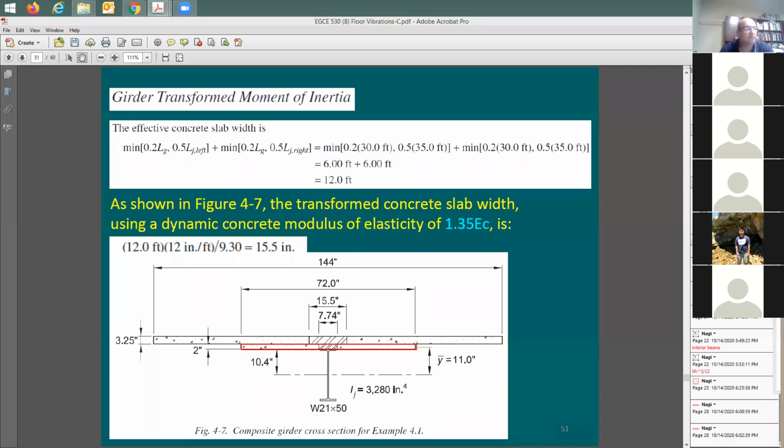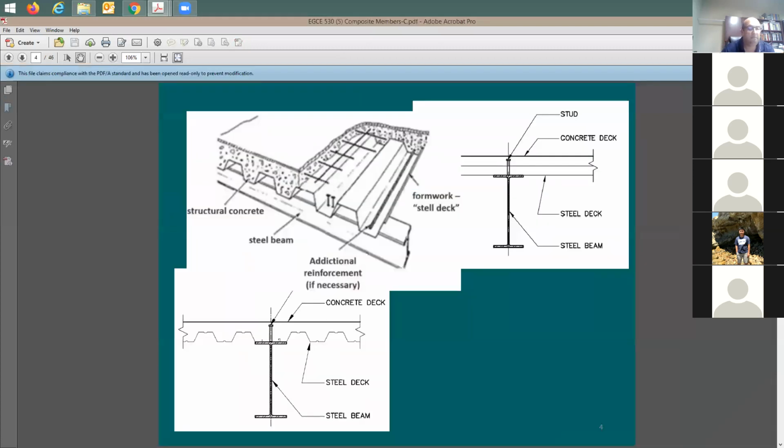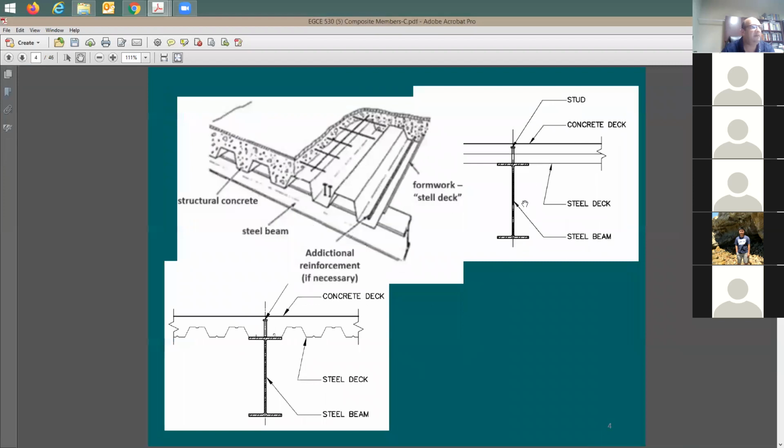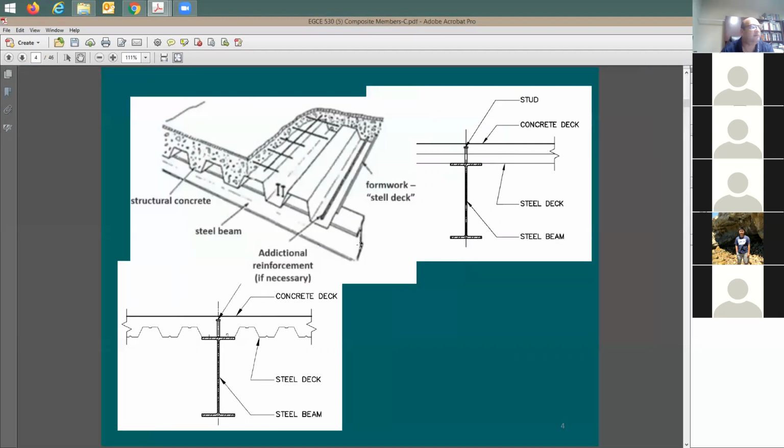Sir, can you please explain it again? I'm talking about this versus this. This could be the beam, this could be the girder, right? So in the beam case, like in here, you're gonna see the metal deck and the concrete is gonna be perpendicular to this beam. So when I cut the section through the beam as if I'm cutting through here, I'm gonna be looking this way,